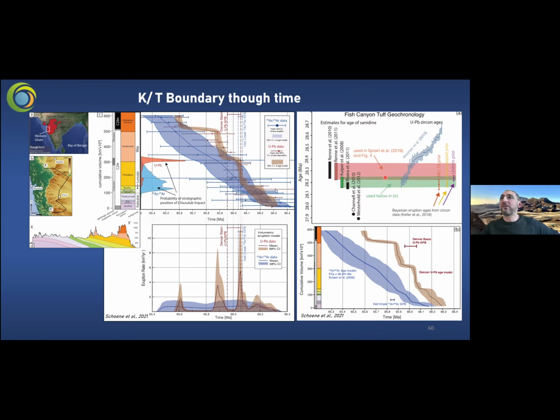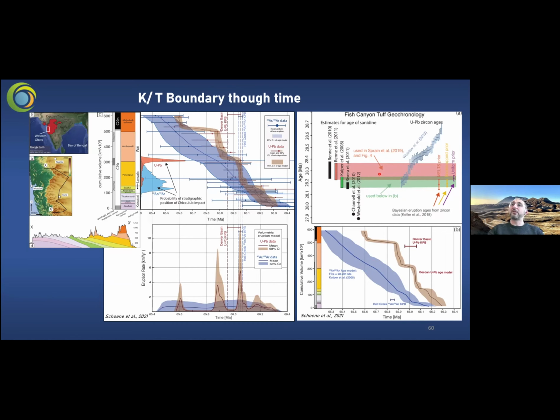So this is a figure where you have here the uranium-lead dating on the Fish Canyon. And these are the different argon-argon estimates for the Fish Canyon. As you could see, the Renne et al. one seems to be a little bit older than the uranium-lead age. These figures have been made using the Renne et al. 2011. But if you change the decay constant and if you change the Fish Canyon age, this is what you produce. You shift everything to a younger age for argon-argon, and the two chronometers are completely off each other. So this is a problem.